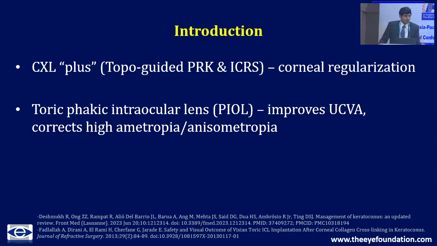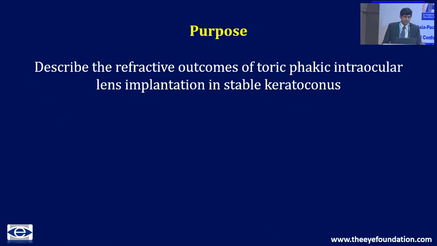Now, while you can do a cross-linking along with the topo-guided photorefractive keratectomy or an intracorneal ring segment implantation, that would facilitate corneal regularization, spectacle independence is never the goal of these procedures. And then enters toric phakic intraocular lens implantation, which is a potential option that could address the keratoconus patient's desire for spectacle independence. So the purpose of our study was to describe the refractive outcomes of toric phakic intraocular lens